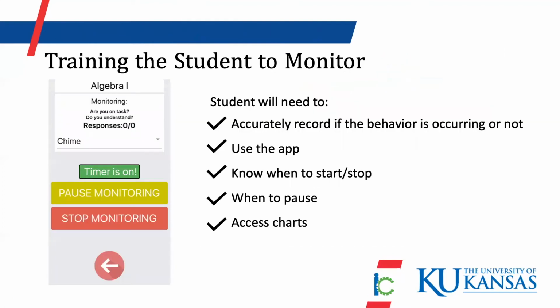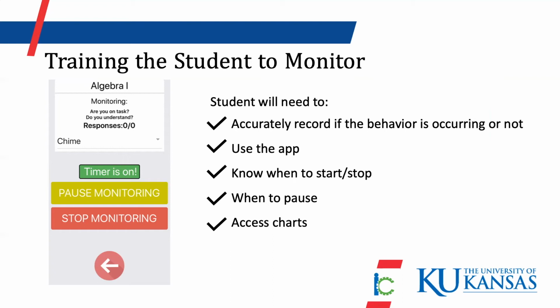Okay, so once you've done that, the last thing to do is you want to train the student. You want to train them to accurately record if the behavior is occurring or not. That is essential, right? So especially if you're going to be adding any sort of reinforcement to this, or you're going to use this for data that you're going to report back out, you want to make sure that the student is accurately saying, yes, I'm on task. Yes, no, I don't need help, whatever it is, you want them to be able to accurately record so that you can make good decisions based on the data. But more importantly, or maybe not more importantly, but